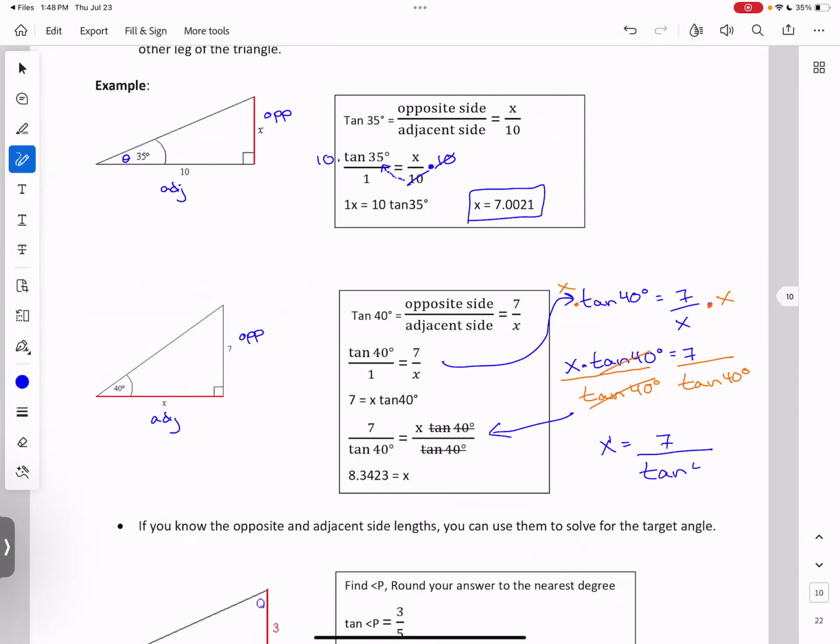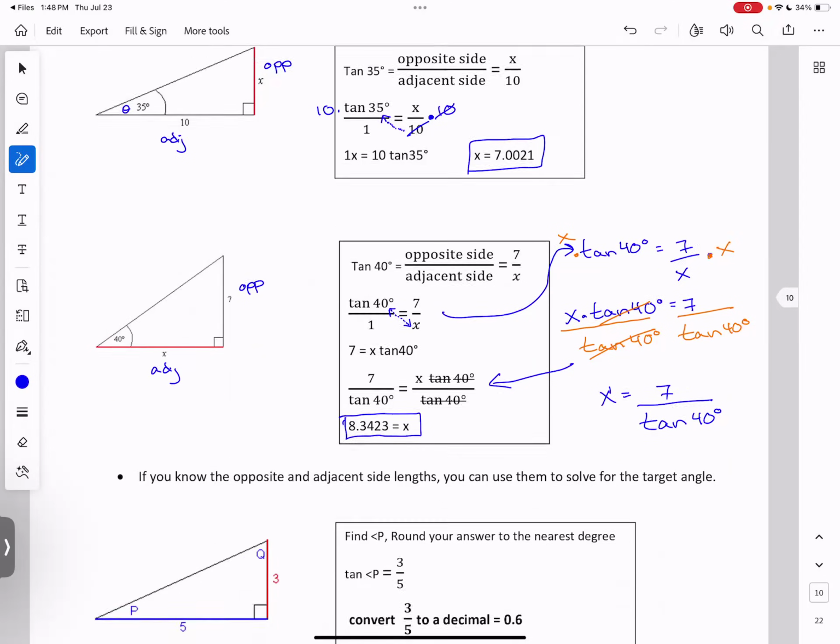The other way to do this, if you want to think of this as cross multiplying, some people like to just interchange these two. So if you're just dealing with two fractions across an equal sign, you can trade the denominator across to the other side and put it in the numerator, or put the numerator that was there across the other side into the denominator. So you can basically switch the positions of the tan 40 degrees and the x. And then you get the same thing. We end up with x is 7 over tan 40 degrees. So whichever way works for you. And once you calculate that, and punch it into your calculator, round to 4 decimal places, you should get that